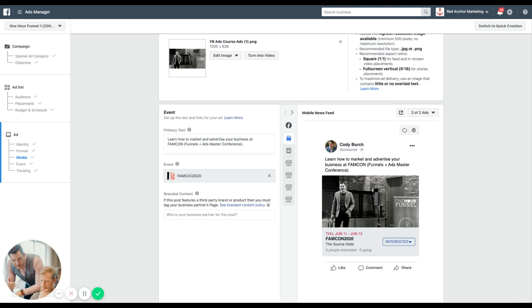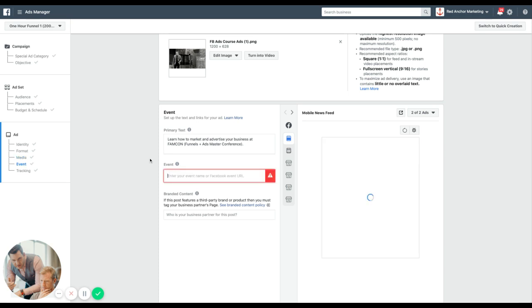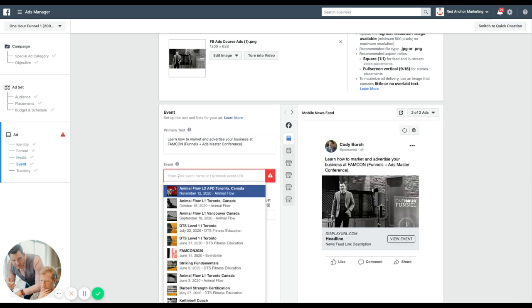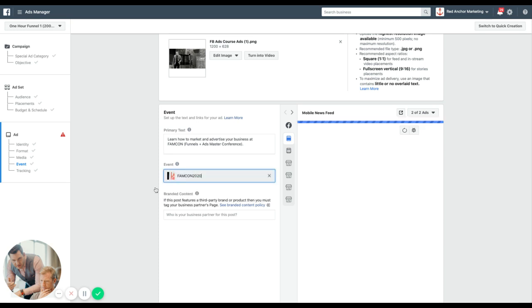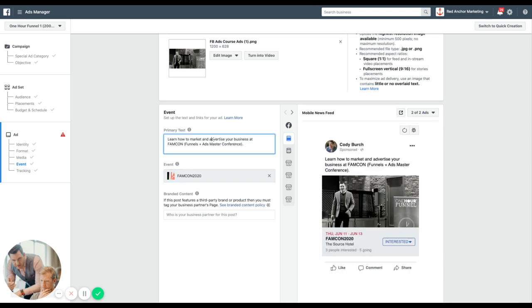So a couple things here. You search for the event. So before I already had this populated, but it says enter your event name or Facebook event URL. I started typing in it. It knows it's me, and so it found FamCon 2020 really quickly. And so for the ad copy, I would do something like